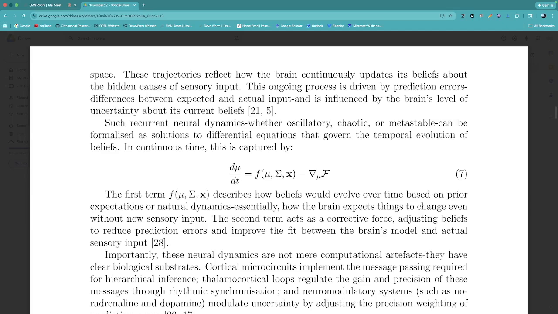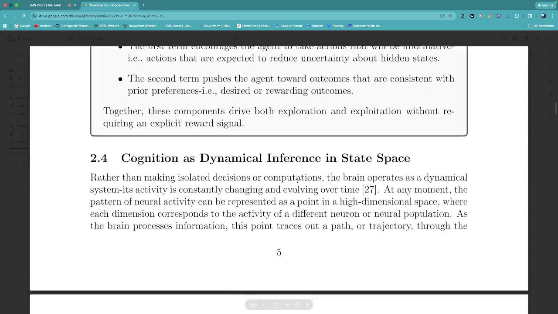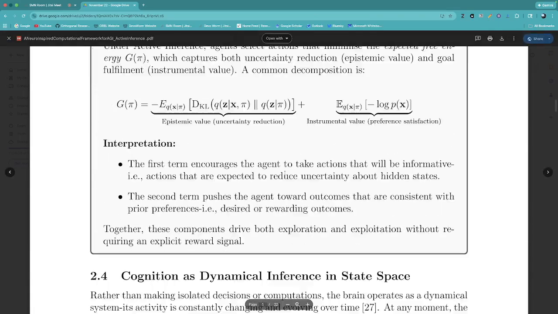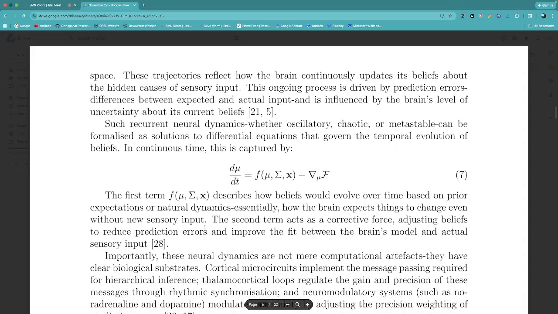and this is a triplet function, describes how beliefs will evolve over time based on prior expectations of natural dynamics. So I guess this is the mean behavior, and then x, which is your current observation. And then this is over this gradient, which is this f, which I believe fits into, I don't see it. Anyways, and so the first term, this function part of this equation describes how beliefs would evolve